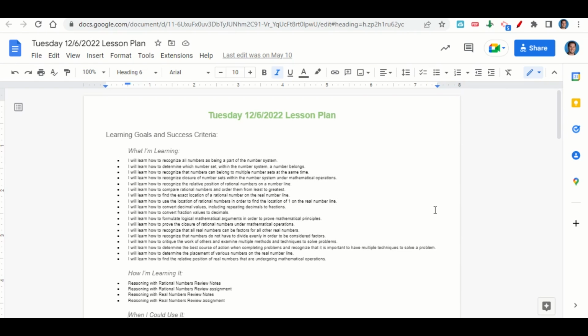location of a rational number on the real number line, to use the location of rational numbers in order to find the location of 1 on the real number line, to convert decimal values including repeating decimals to fractions, to convert fraction values to decimals, to formulate logical mathematical arguments in order to prove mathematical principles, to prove the closure of rational numbers under mathematical operations, to recognize that all real numbers can be factors of all other real numbers,